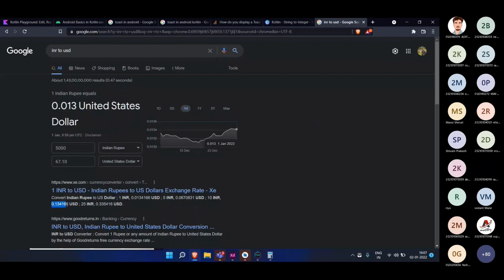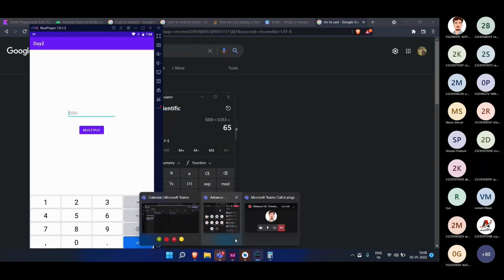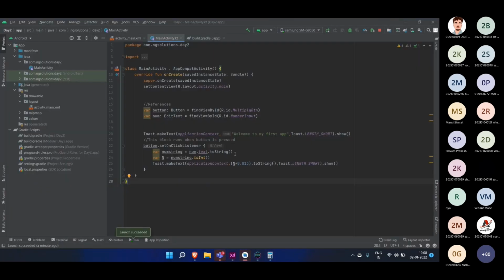So if I copy all of this till the end and insert it over here in our code, we are not supposed to multiply just by 0.013, but by this whole number.